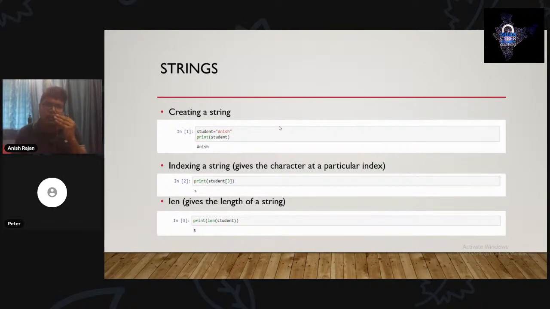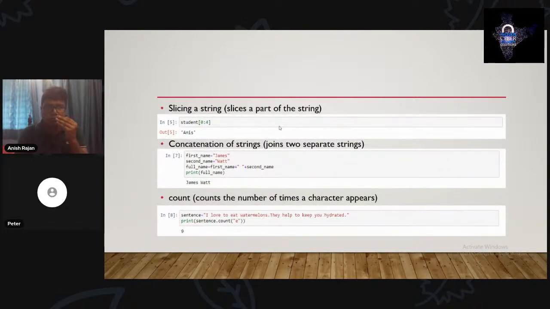Okay. Now next we have the length function. What does the length function do? It gives us the length of the string. So when you write this code here, you can see it's giving 5. So 5 is the length of the string. So this length function helps us to determine the length of the string. This is basically one of the functions of strings, which gives us the length by writing just one line of code. Okay.